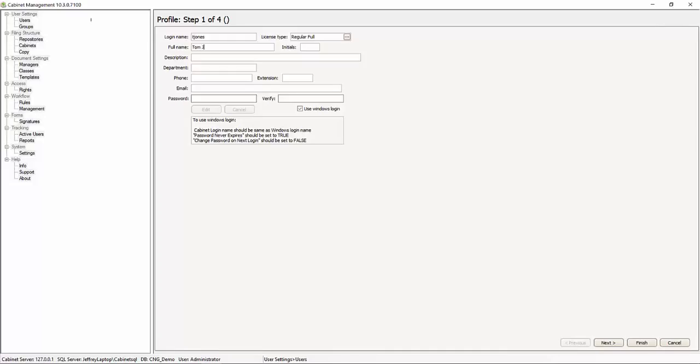So I'll give him a full name here. I can enter his initials in the next field, and there we go, and so on. Now the only fields that are actually required are going to be this login name, the license type, and the password. Those are the only fields in this first step here that are going to be required to create a user. With that being said though,